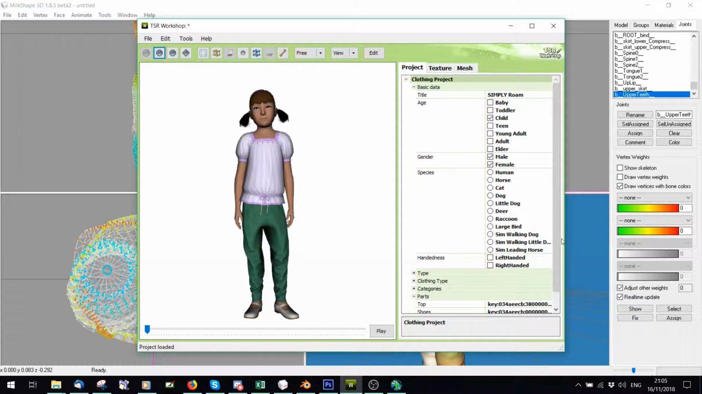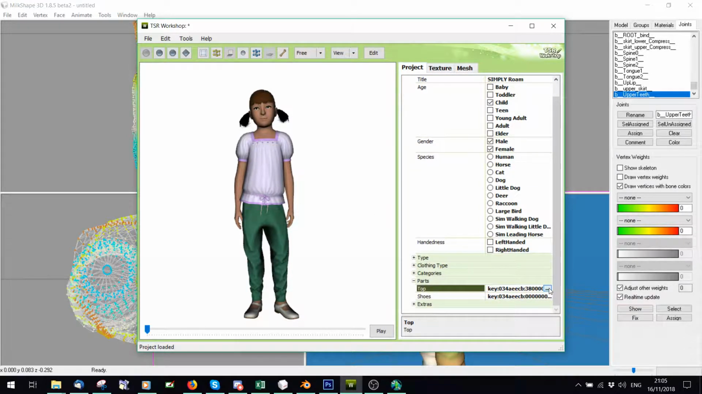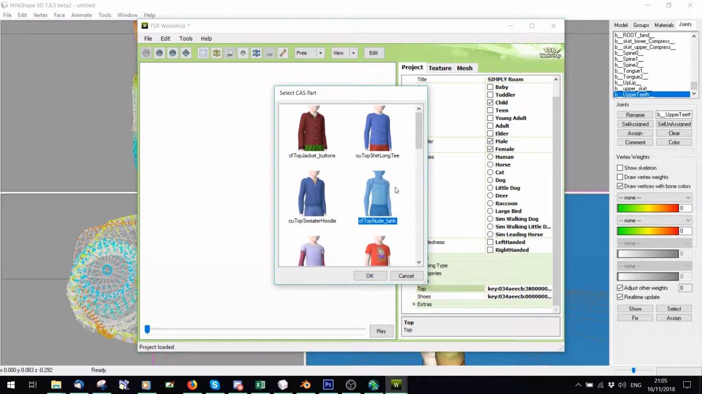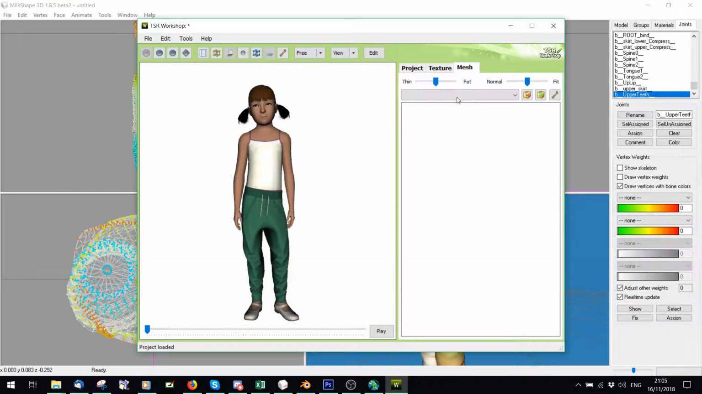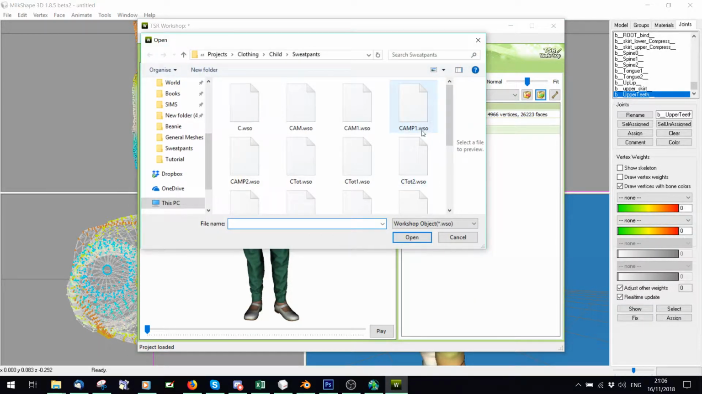Right. Annoyingly, she has a top on, which is annoying me, so you can scroll down here and say top and shoes and pick different tops and different shoes. So I'm just going to pick a basic top. Right, now if I import my mesh,